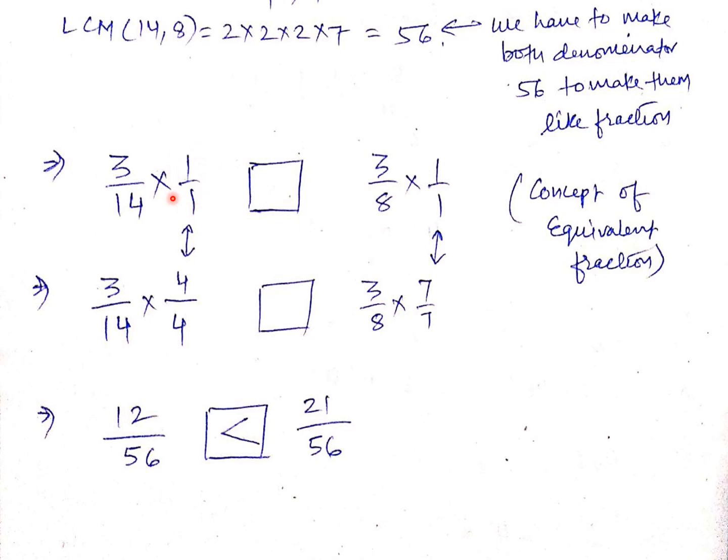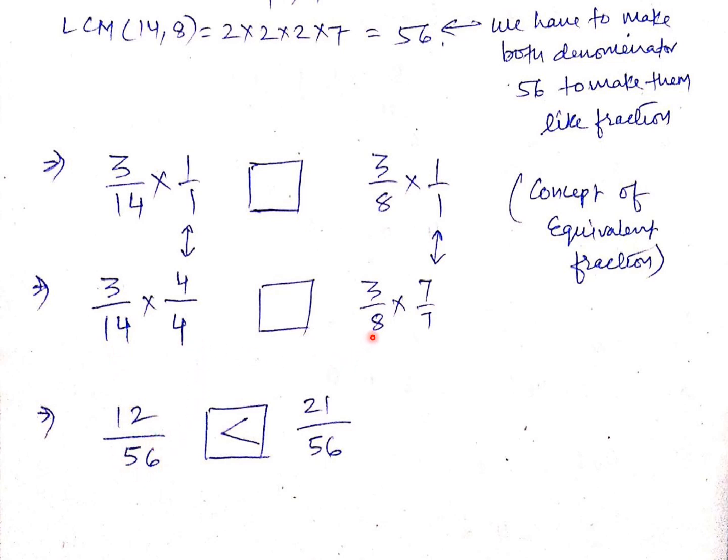But writing this gives me an idea. What if I write 1 by 1 as 4 upon 4? Still it is 1 upon 1 only. Why? Because 4 ones are 4, 4 ones are 4. What I've done is I've written 1 by 1 as 4 upon 4. But this solves my purpose. How? Because 4 fours are 16 and plus 1, 4 ones are 4, plus 1 is 5. So we will get 56 as the denominator.